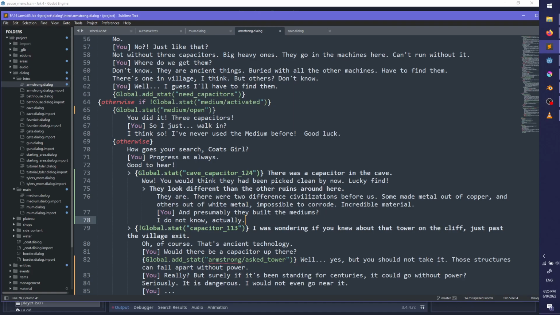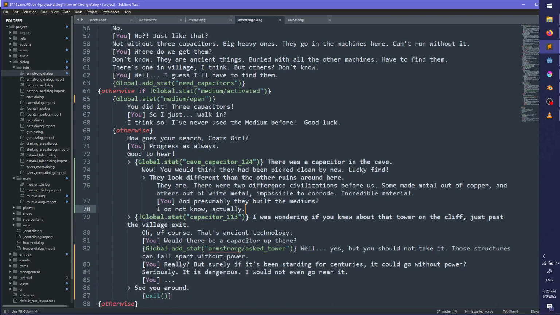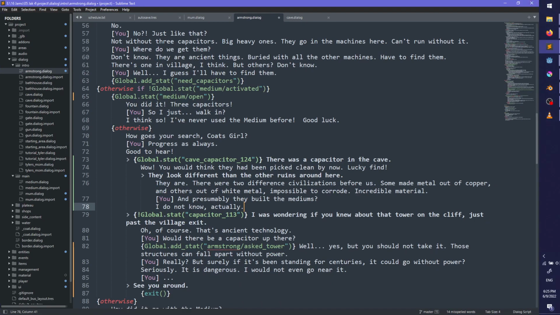And they don't know which one built the medium because it's made of a third type of metal. Horrific death. Okay, but whatever.